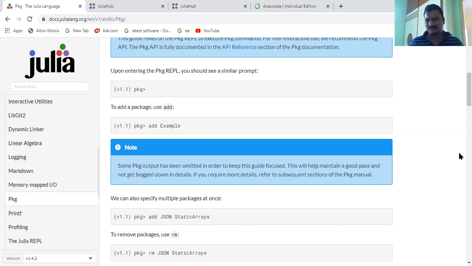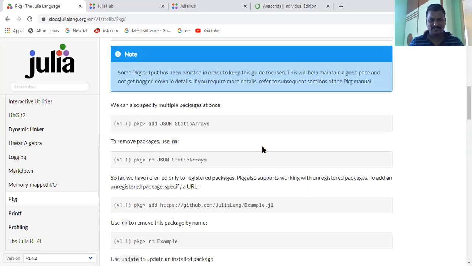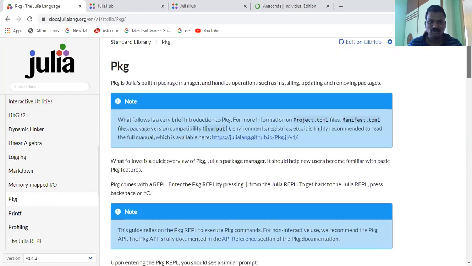For example, add JSON. Then type the JSON static array package, and it takes some time for adding the package.